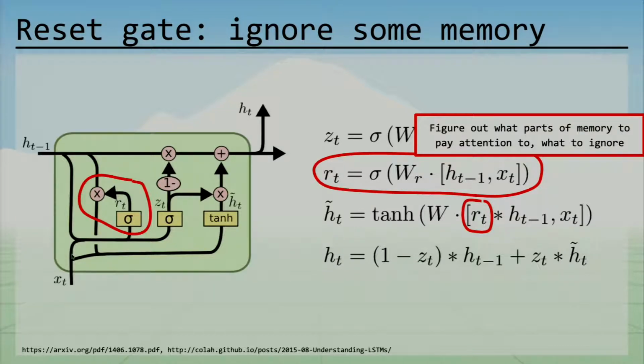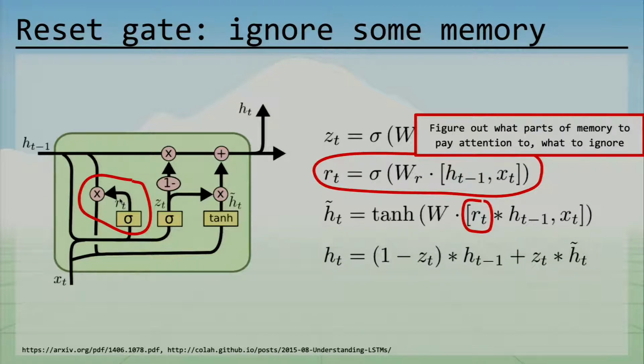So we have our input x sub t, and we have our previous hidden state h sub t minus 1. We multiply them by some weights w. We have some activation function, and this is going to be a logistic activation function,